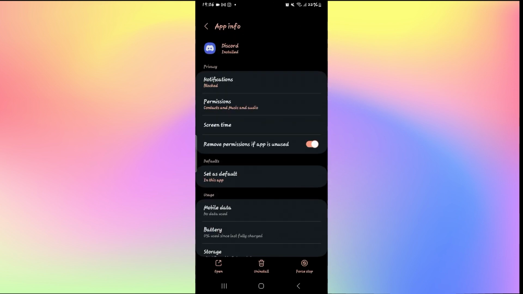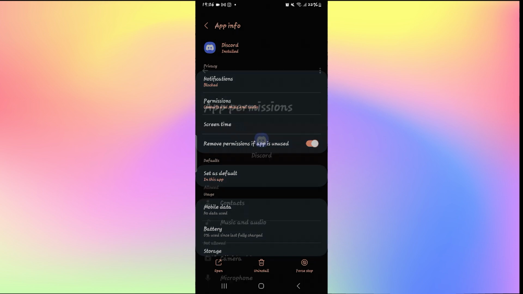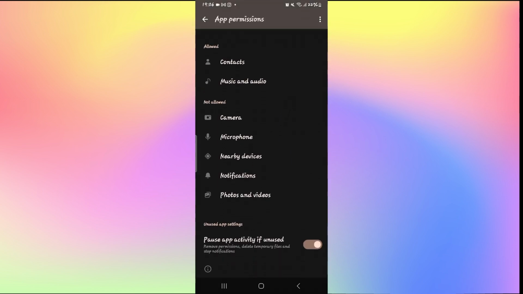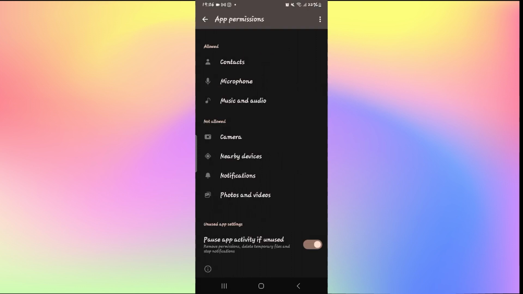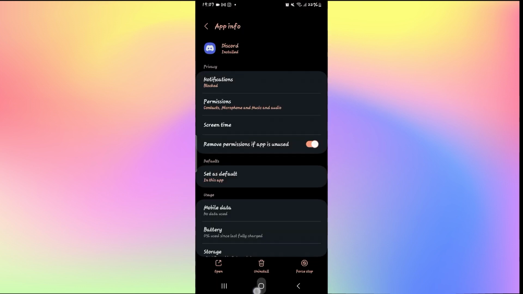Now within the app info page, tap on permissions, and then if you don't see the microphone settings underneath allowed, then this means that your microphone has not been allowed access. Just go ahead and tap on microphone and then select the first option, which will allow use while the application is in use. After setting up the microphone underneath allowed, you can go back to the application and see if